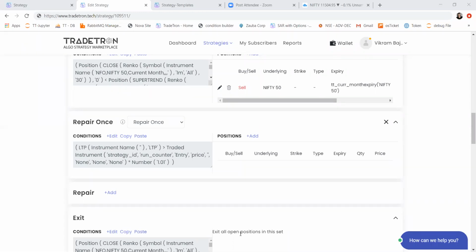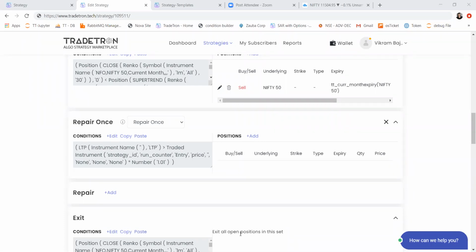Why is PNL different when the same strategy is deployed multiple times? This is a frequent question that we get. I have multiple deployments, but they are showing different PNL. All the deployments are running simultaneously, but it is not certain that every deployment will capture the same price at entry. If it's a paper trading deployment, it will capture the LTP at the moment when the trade was taken.